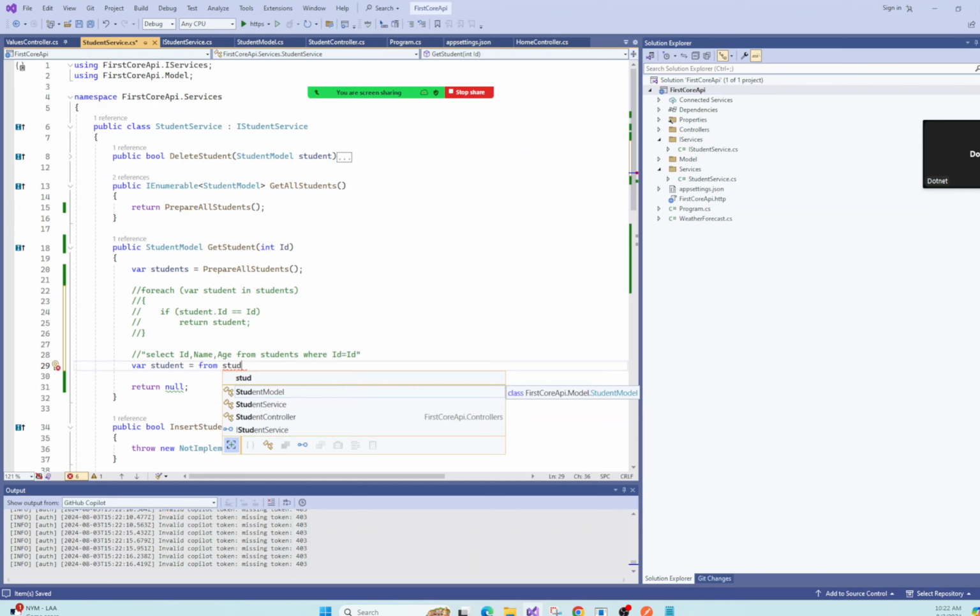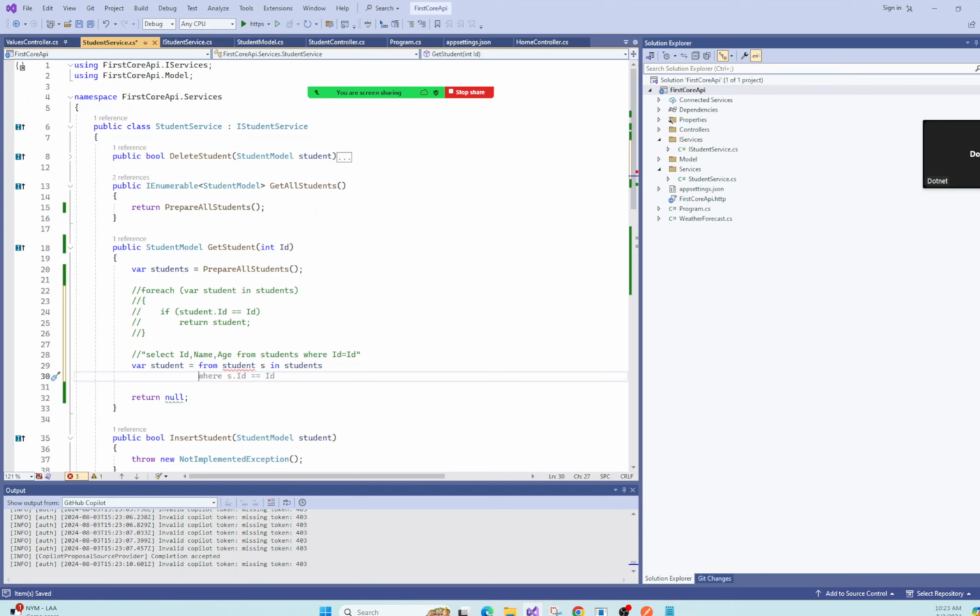Yeah. LINQ query, it's a C# feature. So we have, okay, so from student in students,